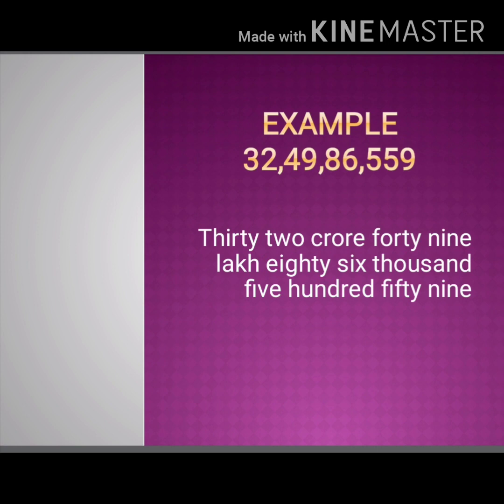So when we need to say it in words using Indian system, we say it as 32 crore 49 lakh 86,559. So each place, for example, for thousand means 2 places, for lakh means 2 places, for crore means 2 places. Only the ones, tens and hundreds alone will be separated as 3 numbers, then each place as two numbers.